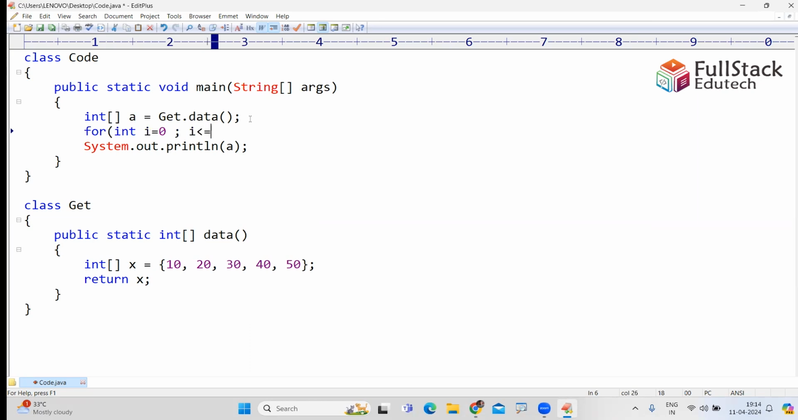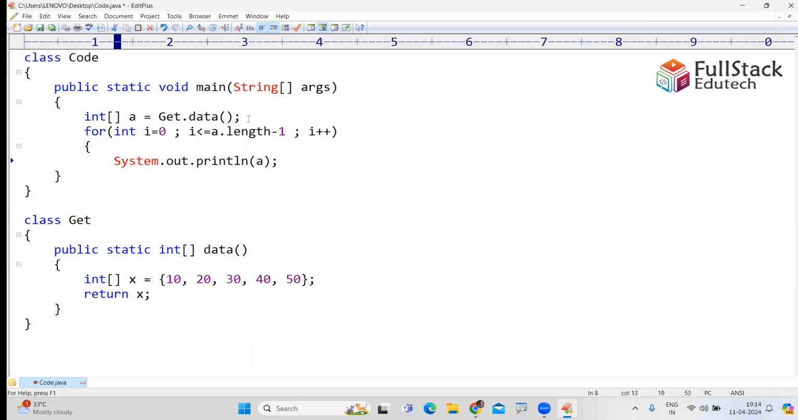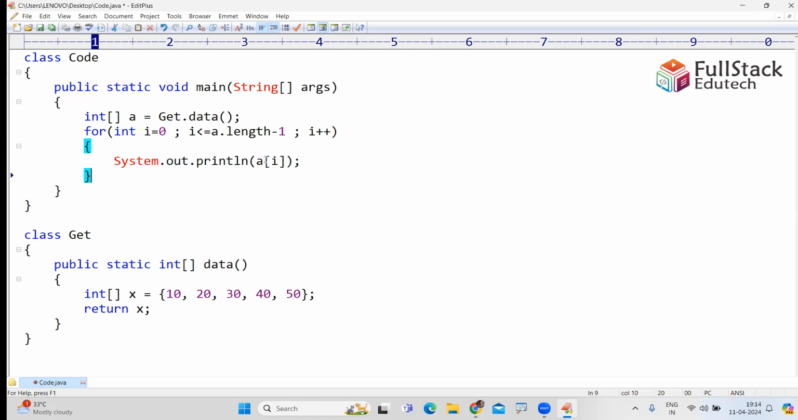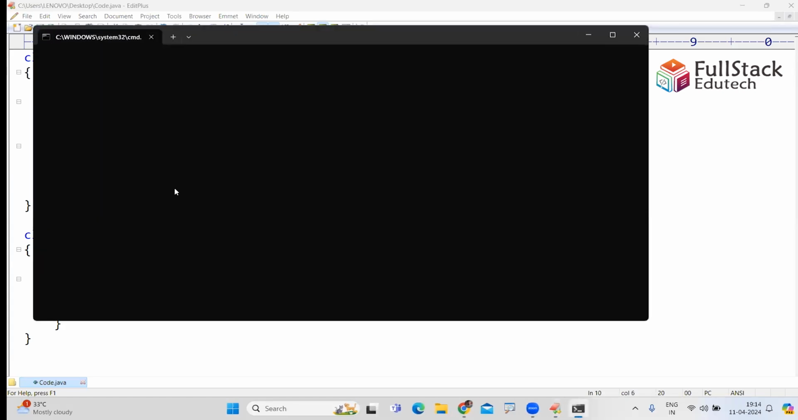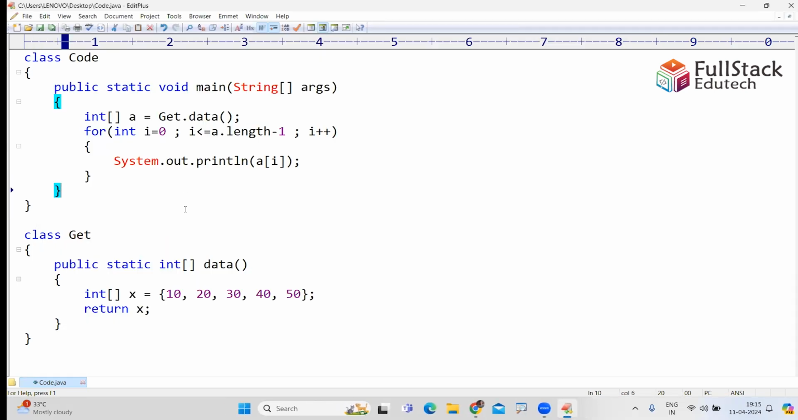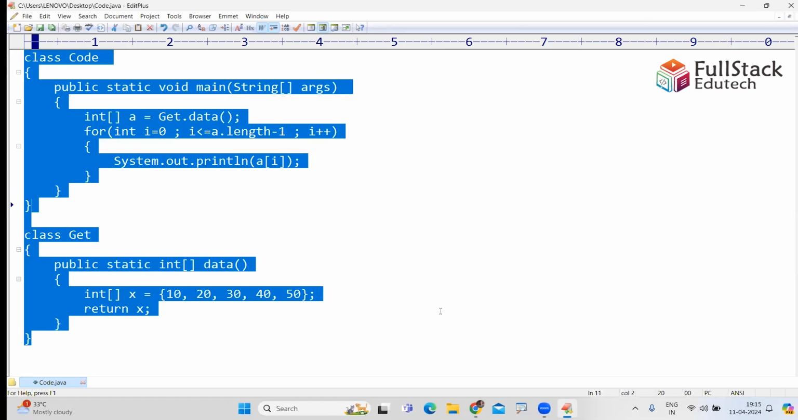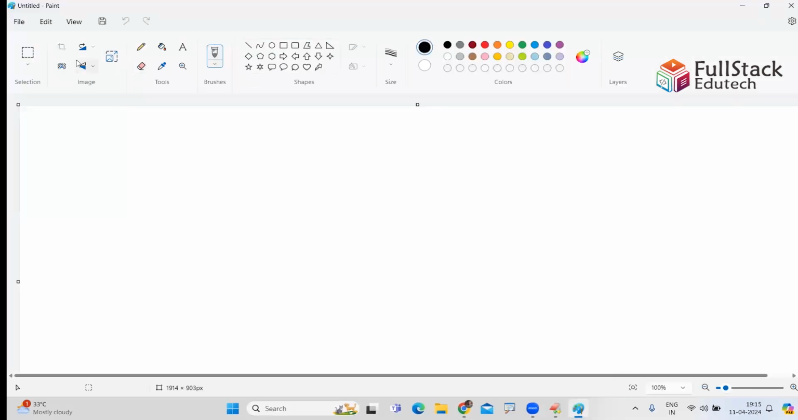Simply using the for loop. int i equals 0, i less than or equals to a dot length minus 1, i plus plus, printing that a of i. Now this method is returning the array. The previous one is what? The method is taking the array. Now the method is returning the array. This one,